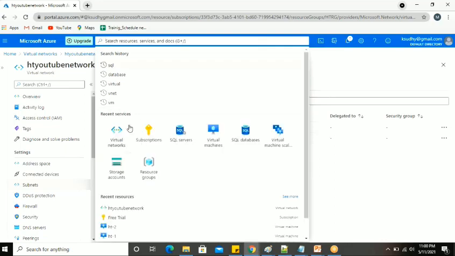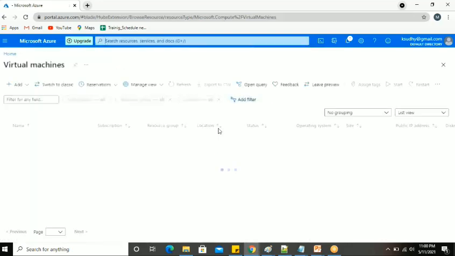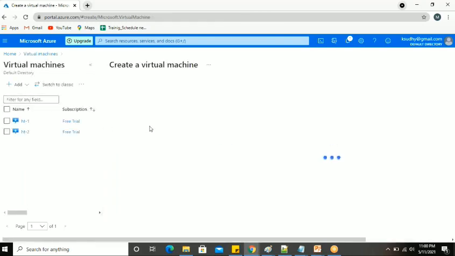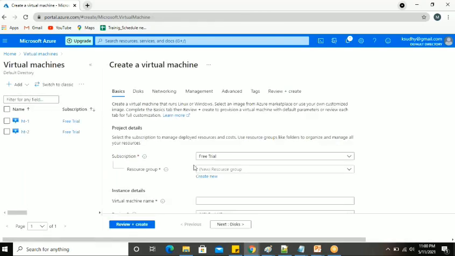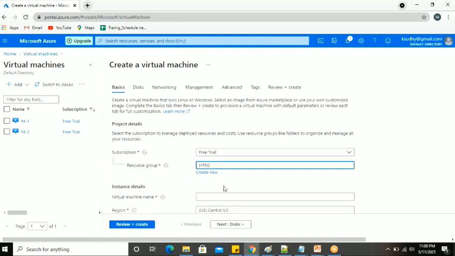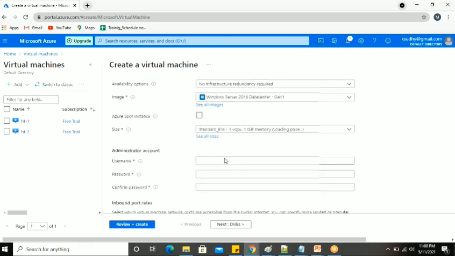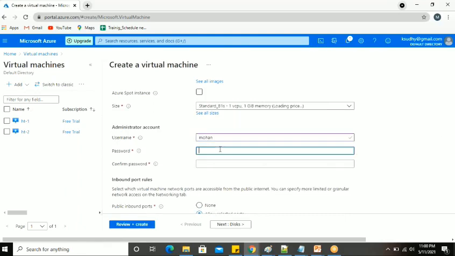Let's see. Virtual machines. Under the virtual machines, I'm just going to add a virtual machine. Here, a new resource group, and the machine is going to be HT-3, Central US only, the same Windows machine, and then I'm just going to give a name, Mohan.